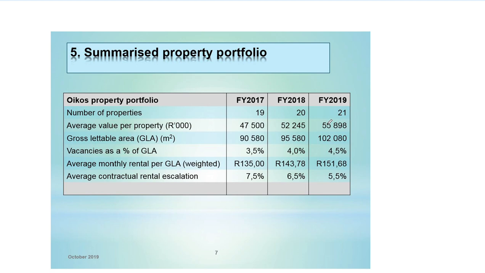So my recommendation to the candidate writing a paper of a similar nature is that's one thing that you need to look at first. Number of properties. When you look from 2017 to 2019, there is an increase of 1 property each year. And when there's an increase of 1 property each year, what does it mean?